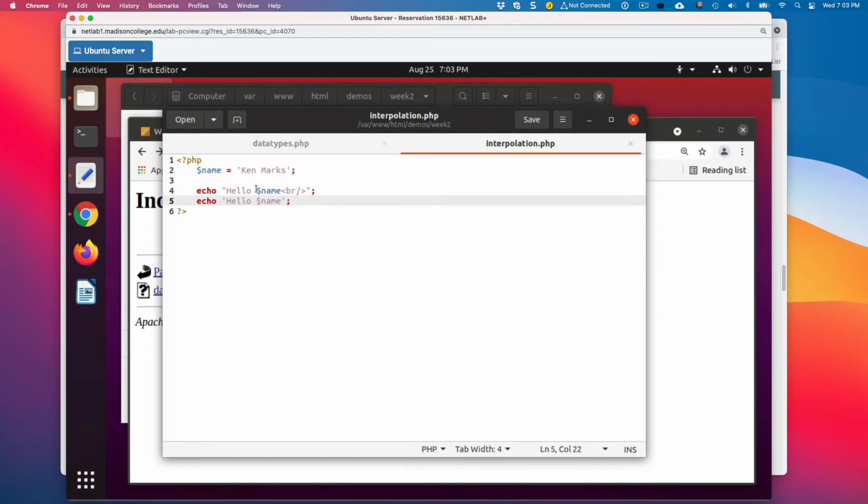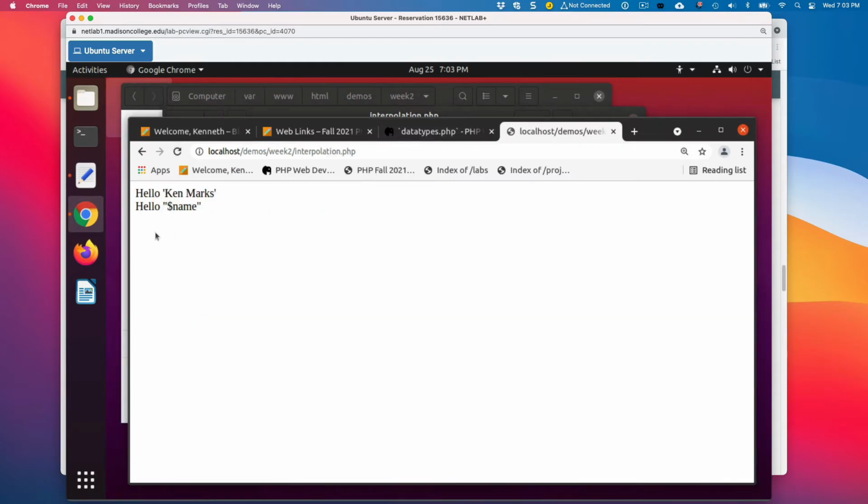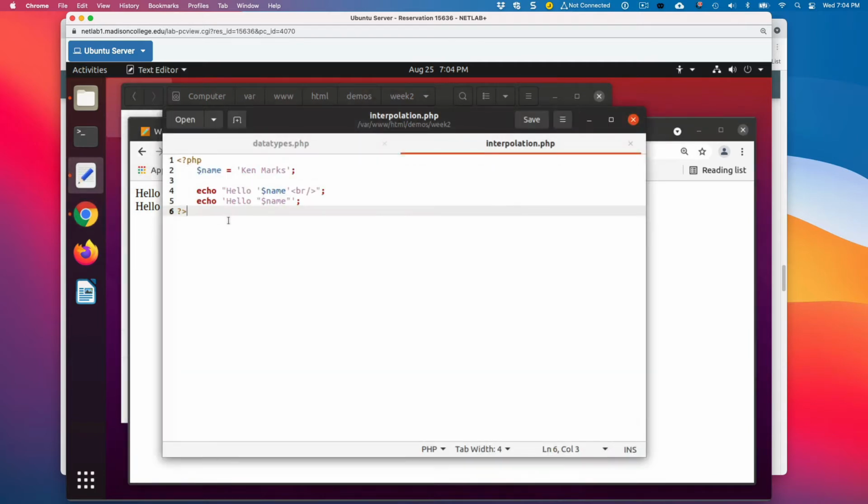In fact, I could embed the single quotes right in here and put double quotes right here. That's not going to make a difference, and you'll see that I'm still going to get the same output. So I'm going to run that, and you can see what's going on here. I'll go ahead and take those quotes out just in case there's any confusion.